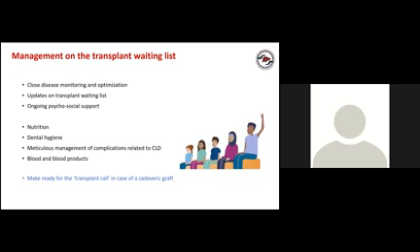Rational use of blood and blood products: for children who are waiting for a liver transplant, do they need irradiated blood products? The answer is no. There is no need for irradiated blood products, but rational use is very, very important. And making them psychologically ready for the cadaveric graft, kind of a transplant code.